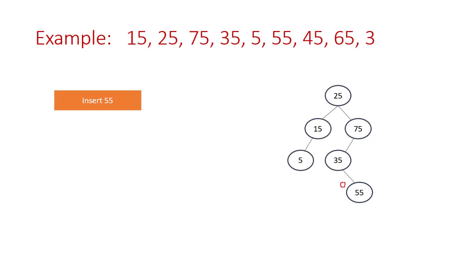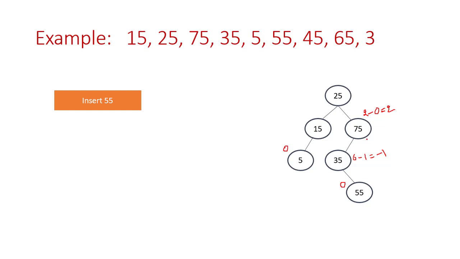The balance factor of 55 is 0. The balance factor of 5 is 0. I am just giving the balance factor of all the leaf nodes first because it is 0. Now the balance factor of 35 is 0 minus 1, that is minus 1. The balance factor of 75 is 2 minus 0. There is no right subtree for this 75, that is the balance factor is 2. Since I got balance factor 2, I can stop here.